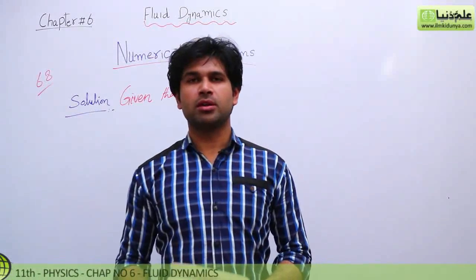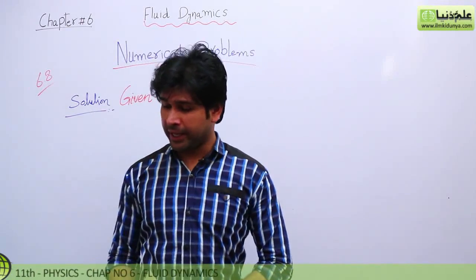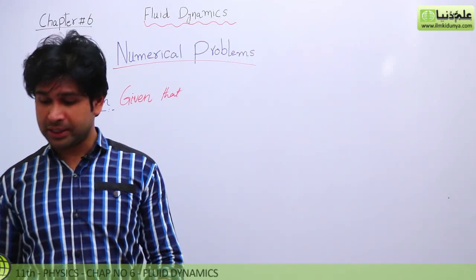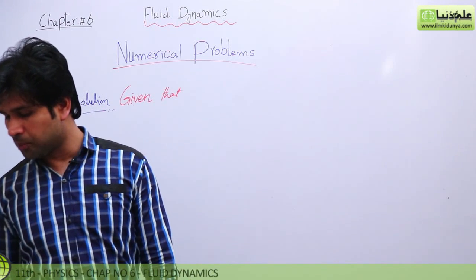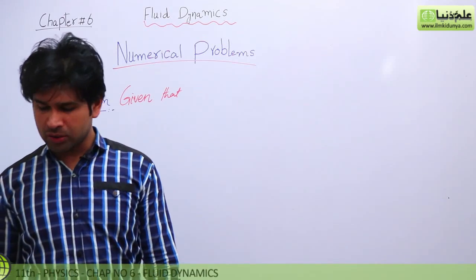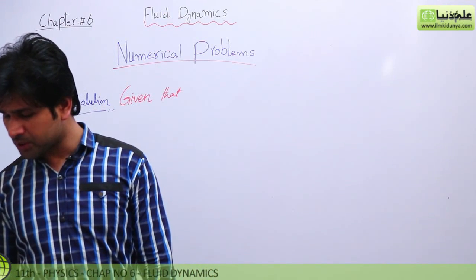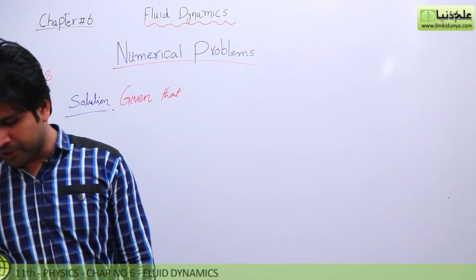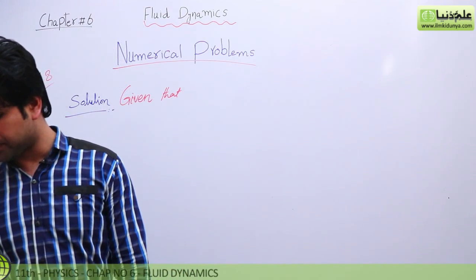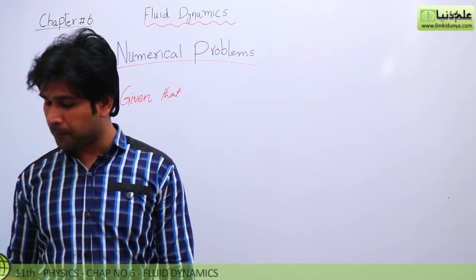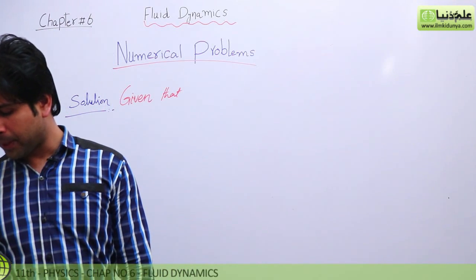Now dear students, we are going to solve our next numerical problem, chapter number 6, which is 6.8. The numerical statement of 6.8 in your textbook is as follows. I'm going to read the statement: an airplane design calls for a lift due to the net force of the moving air on the wing of about 1000 Newton per meter square of wing area. Assume that the air flows past the wing of an aircraft with streamline flow. If the speed of the flow past the lower wing surface is 160 meter per second, what is the required speed over the upper surface to give a lift of 1000 Newton per meter square?